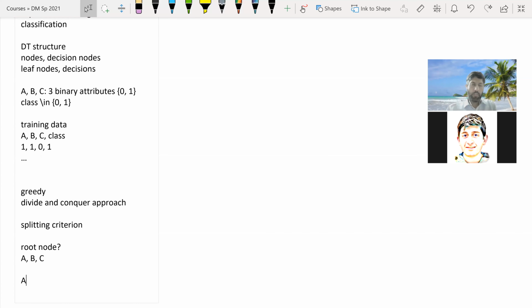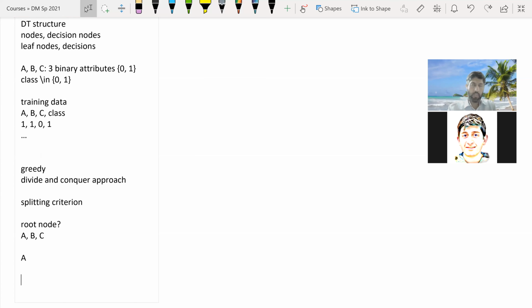Okay? So which attribute would we choose? So we have three options. Again, we are doing it greedily. So we use a number of criteria. The most popular criteria are entropy based, and we have already studied this. We had studied entropy while we were discussing data preprocessing, and we used entropy for, let's say, discretization. And there also we talked about supervised discretization. You already had a class label. The same thing is done here.